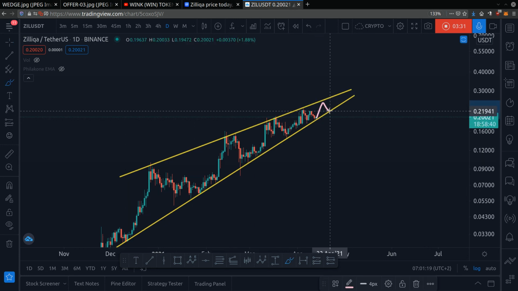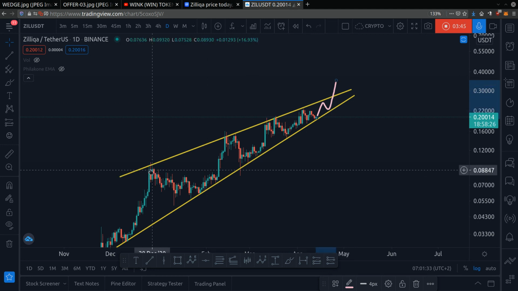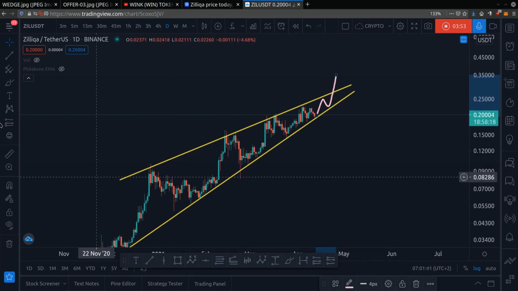Okay, so let's look at the bullish case. Say the price breaks up with a big strong candle, and it breaks out of resistance. And this is very significant because if it breaks out with a big strong candle, then it means the market has shown you that it is bullish. See how the price touches here, then it got shut down. Price touches, then it got shut down. If the price breaks out with a big strong candle, that means that the market is bullish and it wants